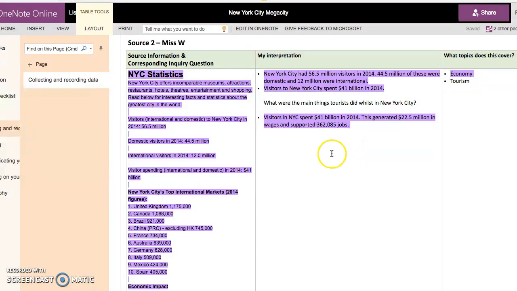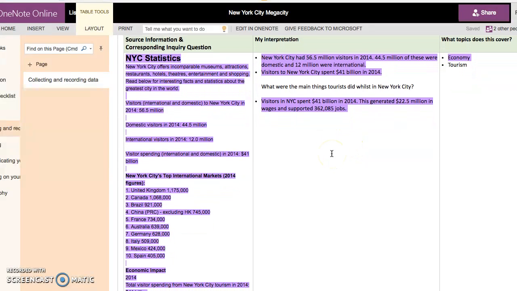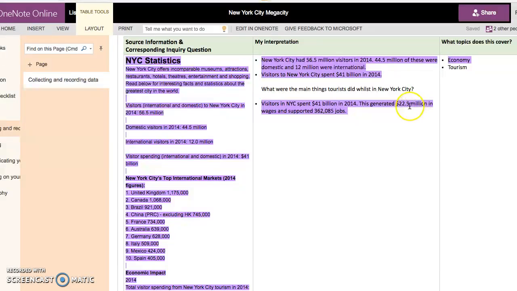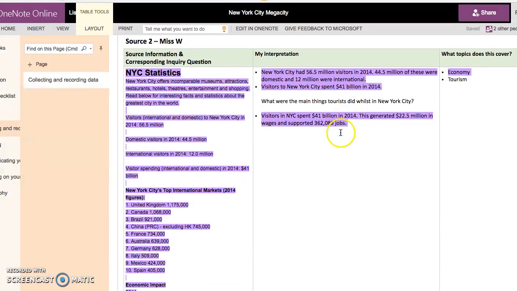I was just having a little look as well, and it helped support 362,085 jobs in New York City, which I thought was a really good point to make. So without the tourist industry, 362,000 people would have to work somewhere else and do something else. Yeah. So for the economy, when we're looking at an industry, tourism is definitely